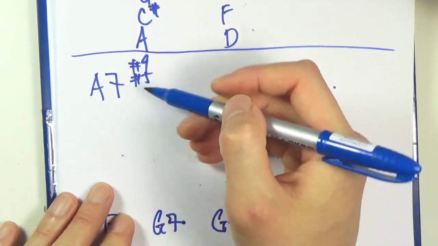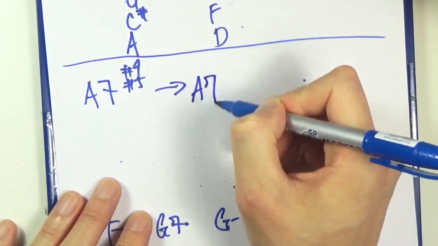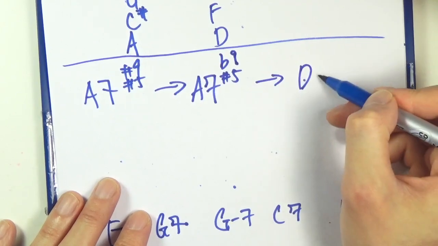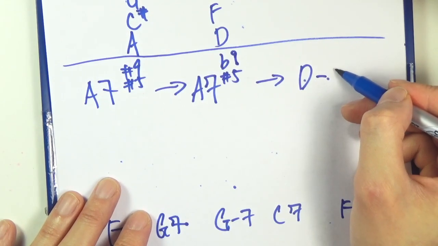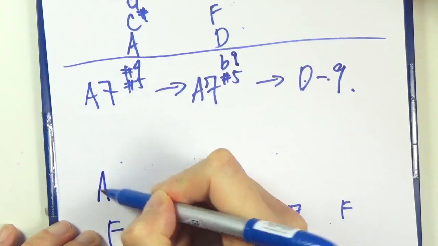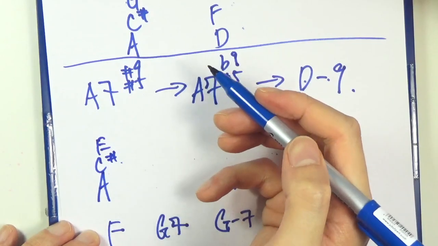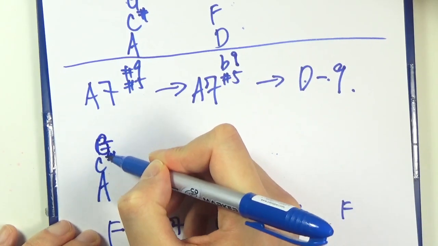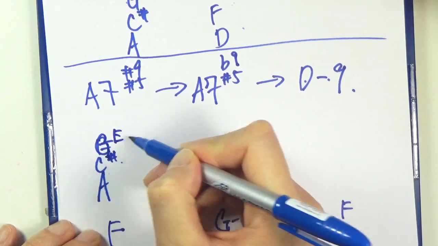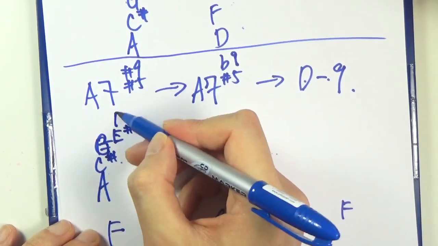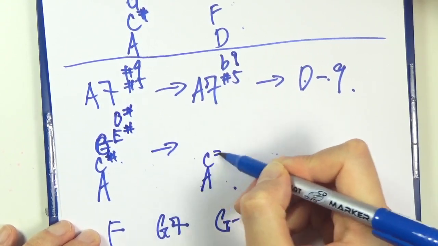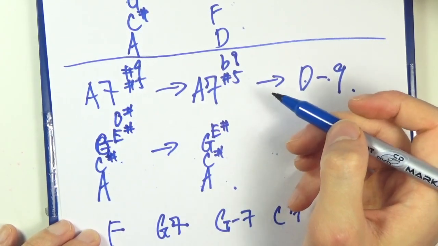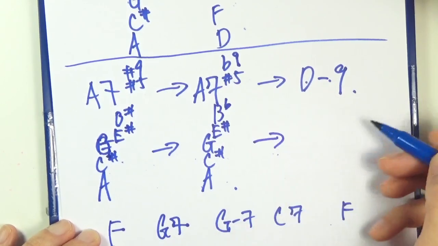A7 sharp 9, sharp 5. So first step, you go to A7 sharp 5, you keep the sharp 5, you go to flat 9 first. And you should go to a D minor 7, or it should be D minor 9th. Okay, we'll see. So A, C sharp, E, and then sharp 5, E sharp. Sorry, A, C, G here. So flat 7. And then E sharp, B sharp, going into A, C sharp, G, you keep the E sharp, and then B sharp would become a B flat, and then you resolve these 2